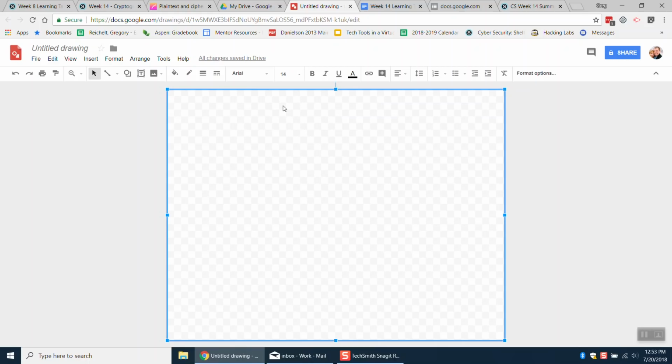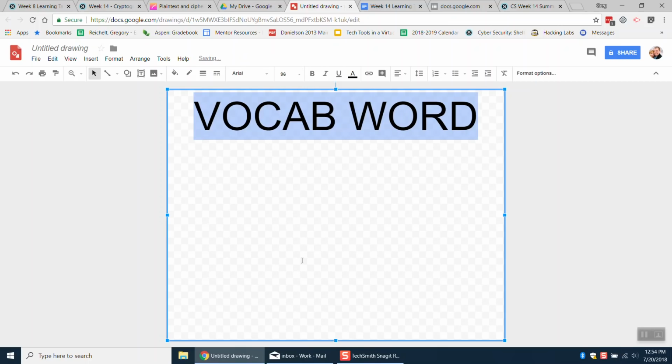Next, we're going to have our word on the top. This is going to be your vocab word. Whatever your vocabulary word is, that's going to be on the top. We are going to center that word. I'd like you to use Arial font. I'd like you to use the biggest font that'll fit right here. Even though 96 is the biggest one listed,